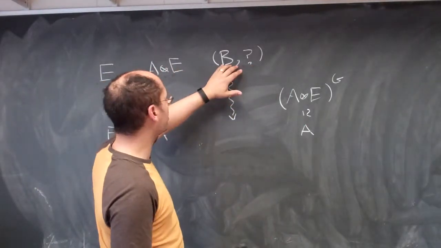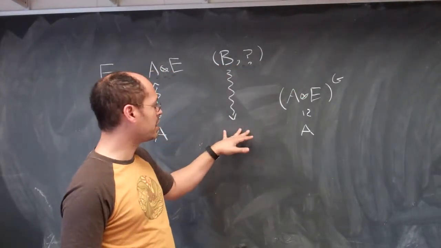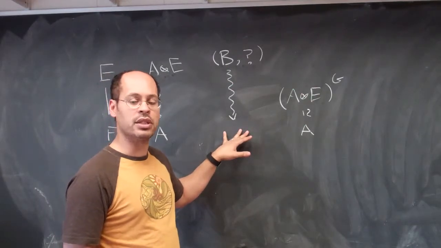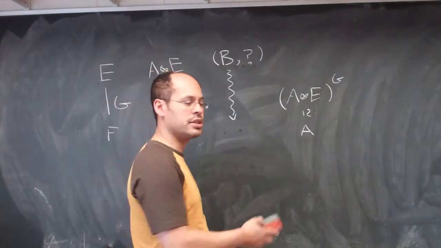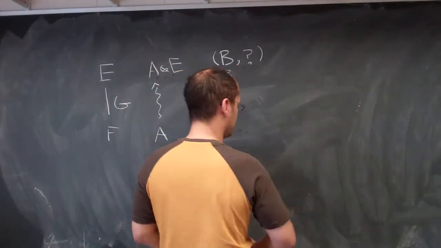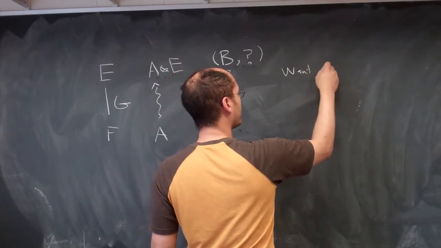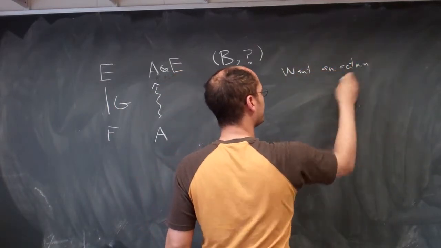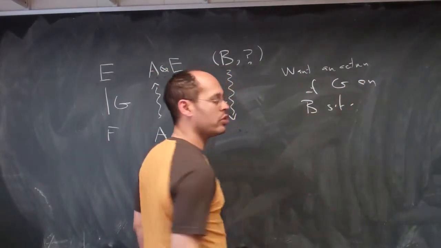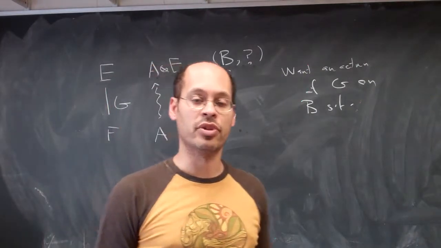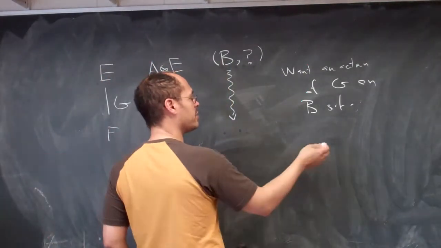Given an arbitrary algebra B over E, what do I need to know to give an algebra where it came from? What I need is an action of the Galois group. Such an action that generalizes this one is called a semilinear action, and it goes like this. So we want an action of G on B. Now remember that B is a vector space over E, not just over F. It's an algebra over E and a vector space over E, such that